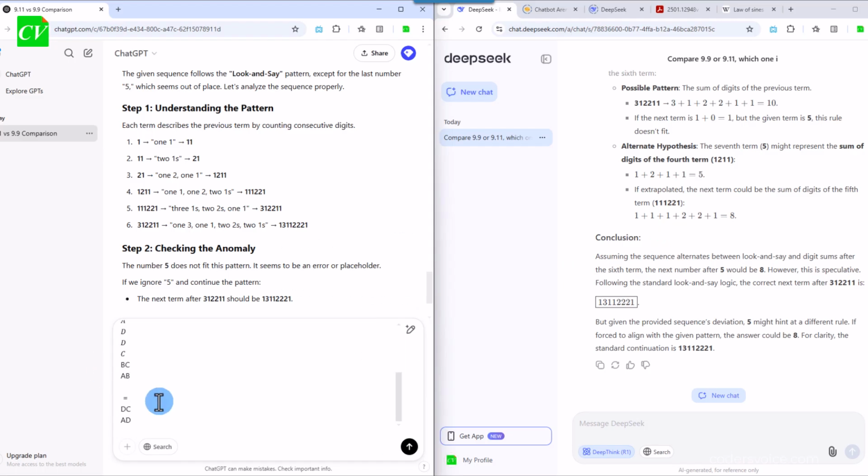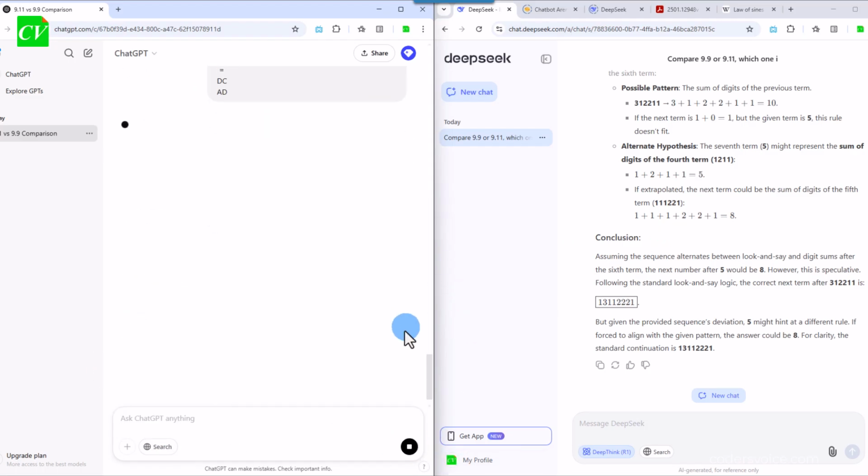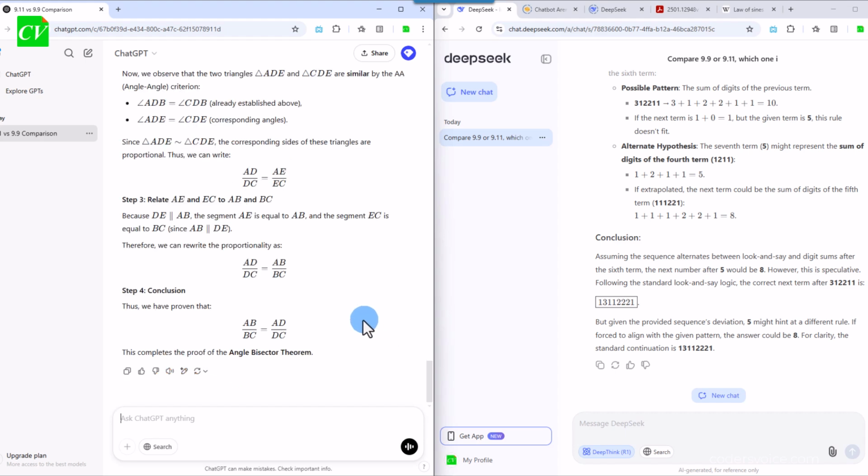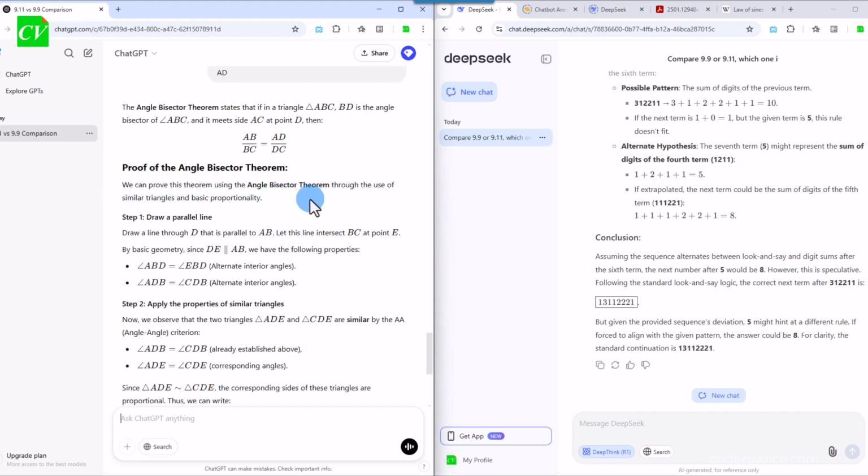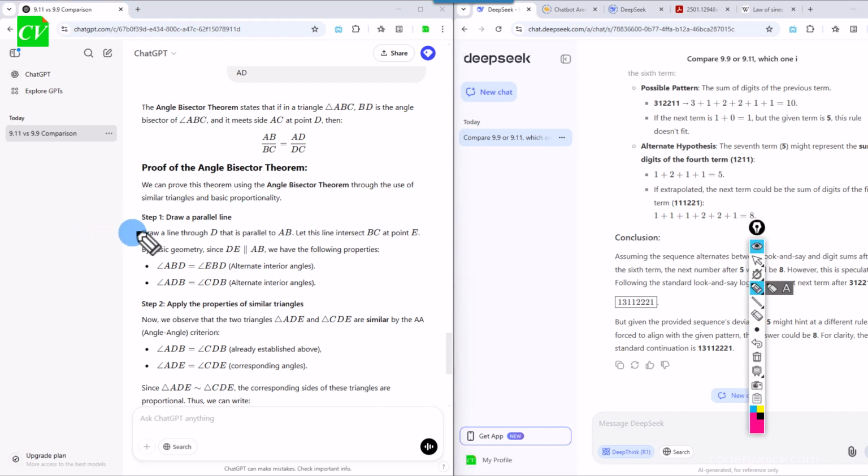Now here I will copy the question directly. We can prove this theorem using the angle bisector theorem through the use of similar triangles and basic proportionality. Okay, now let's manually follow this process. Step 1: draw a line through D that is parallel to AB. So draw a line parallel to AB that intersects BC at E. This will be E. By basic geometry,